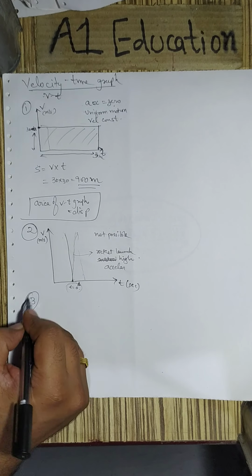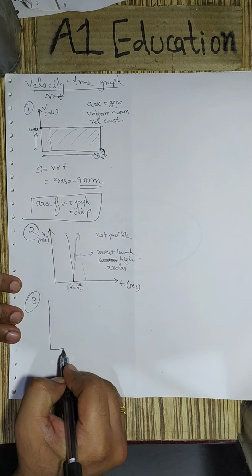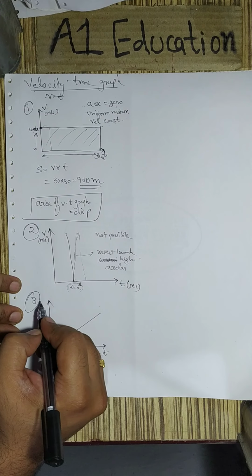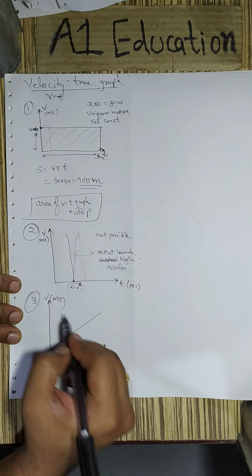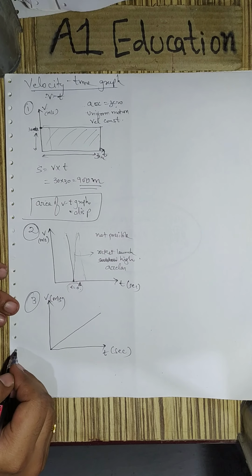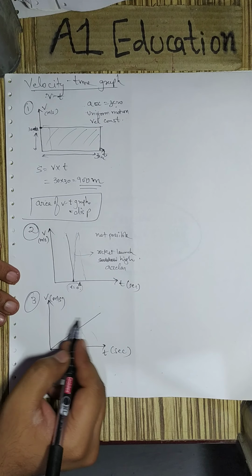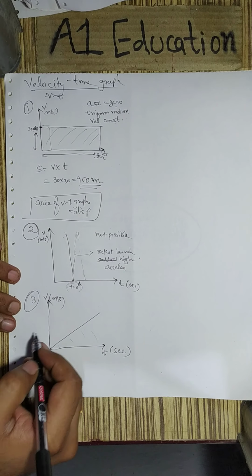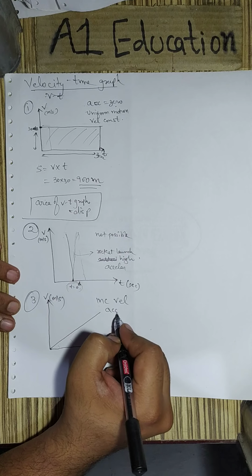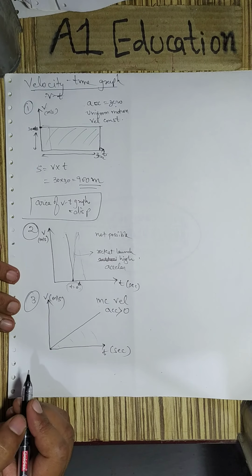Then the next standard type of graph we discuss under the velocity time graph is a velocity time graph that is inclined to the time axis. Velocity must be in meters per second and time in seconds. What are the conclusions that can be obtained from this graph? We can see that as the time is increasing, velocity is also changing. So this body has an increasing velocity. Since velocity is increasing, we say acceleration is greater than 0. There is some acceleration in this body. Obviously, the body is in motion.